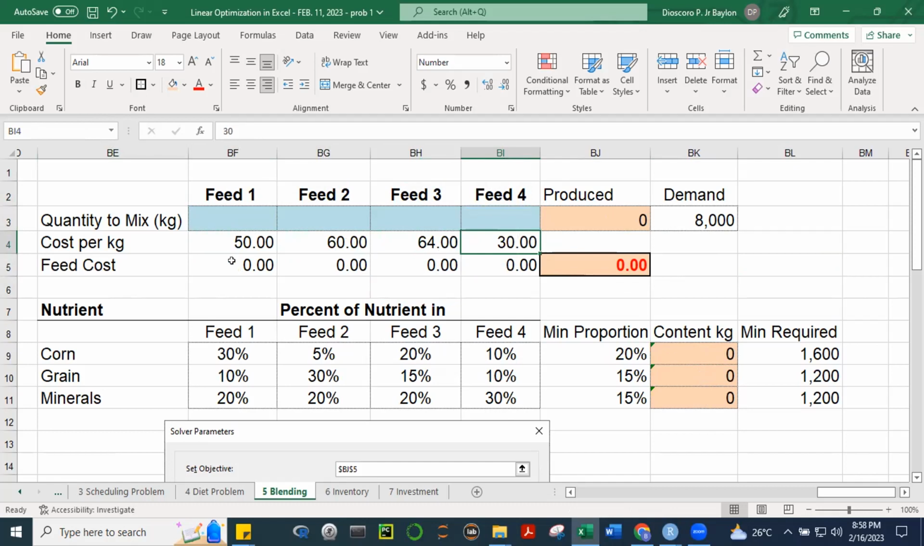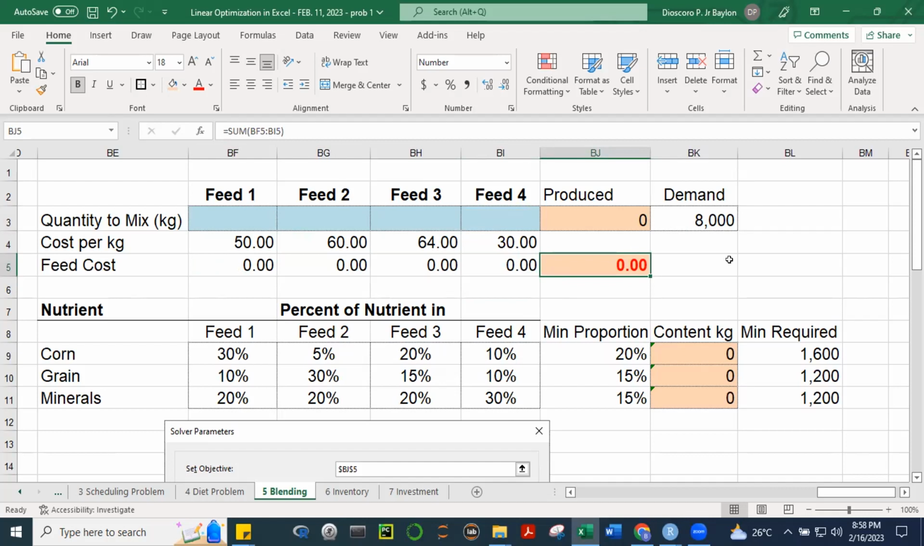Okay, I'm not going to just get the total cost. I've included here the cost per feed, or feed cost, because I know that from a managerial perspective, it's also important to know how much the cost is for feed 1, feed 2, feed 3, feed 4. Although this is not required in the problem, because the objective function only calls for the total cost. However,